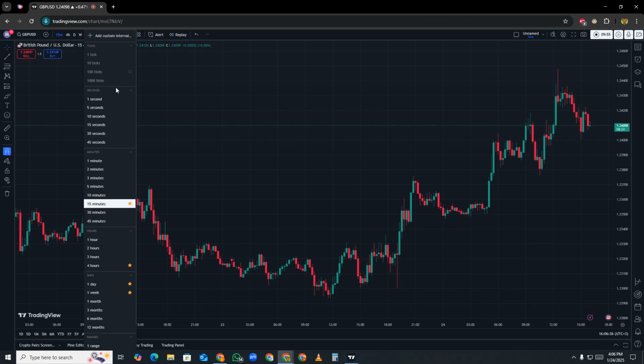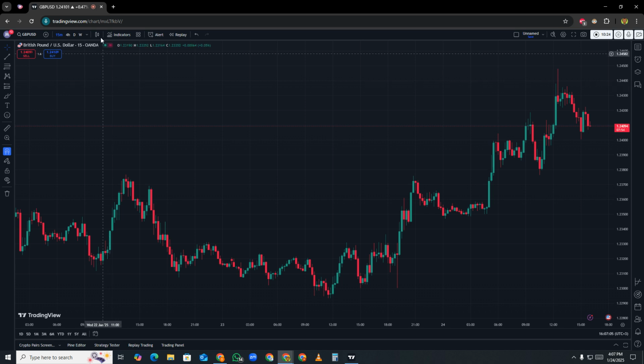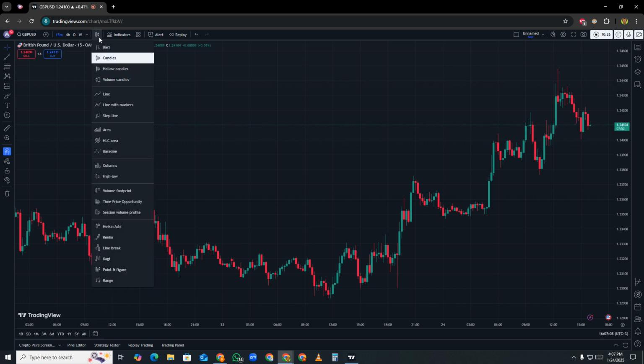So if you want to add all these other time frames, you can do it. If you want to add the 1 hour, if you want to add the monthly, if you want to add the 2 hours, if you want to add the 3 hours, it all just depends on you. But if you want to follow what I do, just choose these four time frames. We have the weekly, we have the daily, we have the 4 hours, and the 15 minutes. All right. So after that, we have